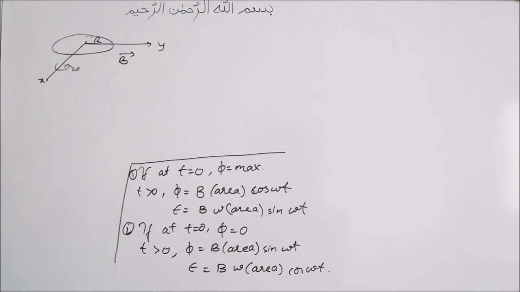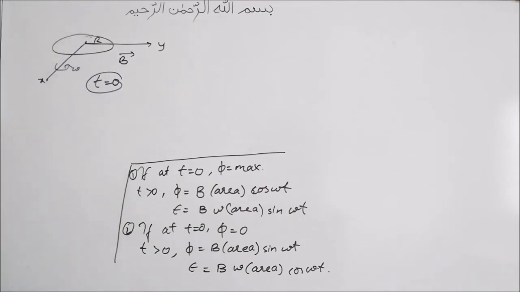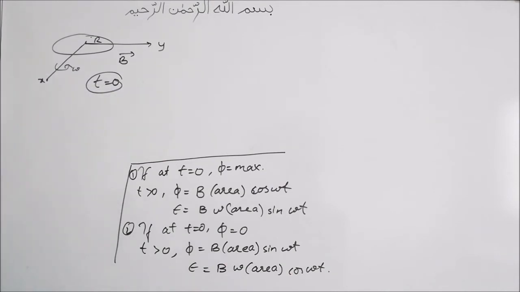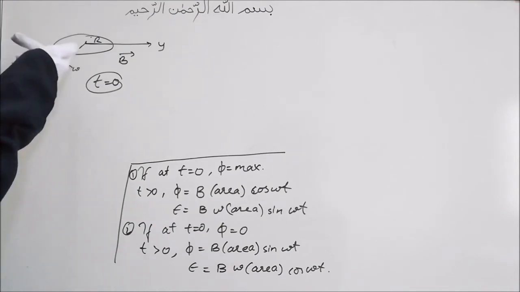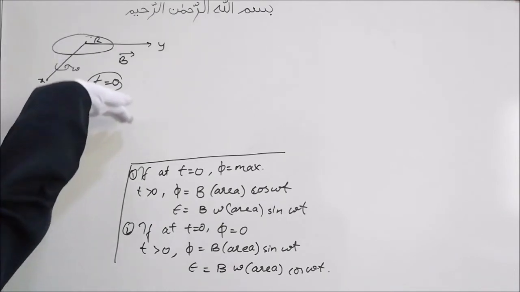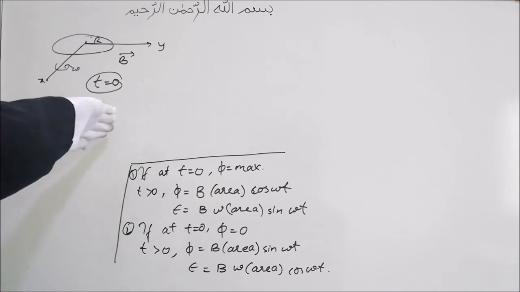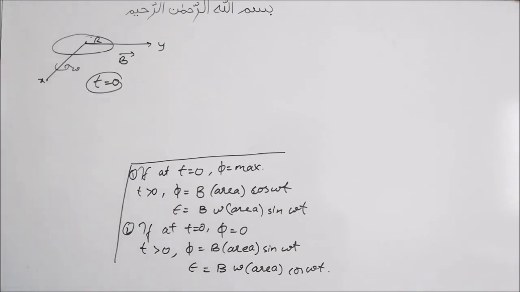At time t equals 0, the ring is entirely in the xy plane. So the ring is initially like this, because at t equals 0 it is in the xy plane. The x-axis is coming out, the y-axis is going there, my xy plane is this. Initially it is like this. Then it is rotating like this, it will go like this, because it is rotating along a diameter which is along the x-axis, right? So it is rotating like this.